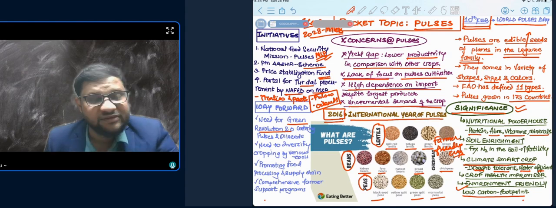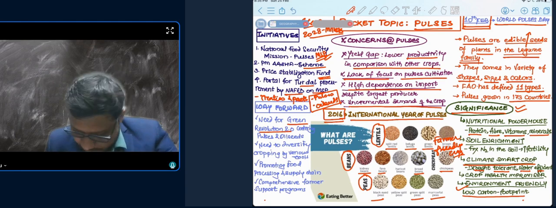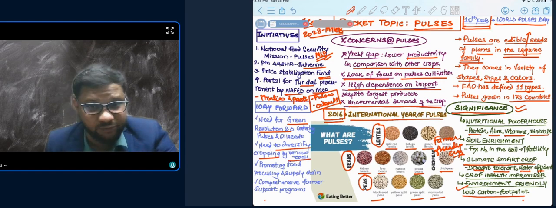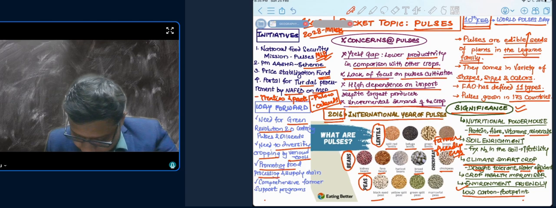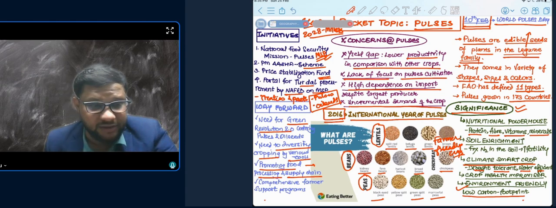So there is a need for a green revolution 2.0, but that should focus more on the pulses. Second, pulses production should be region neutral as well, so we should promote pulses cultivation in all pockets of the country. Then we need to diversify cropping by various tools, which we need to explore further. Then promoting food processing and supply chain. Food processing is a very important aspect of pulses cultivation, because the value addition led by food processing is a kind of boost for the farmer to have pulses as a crop